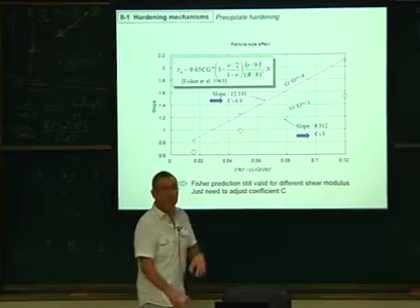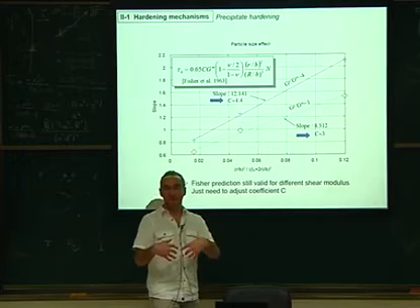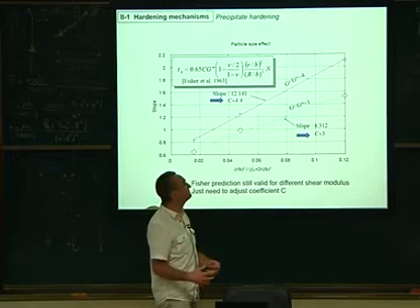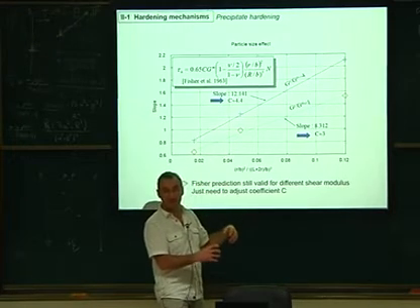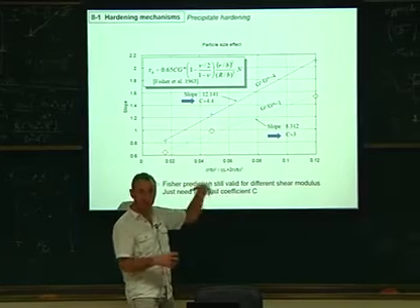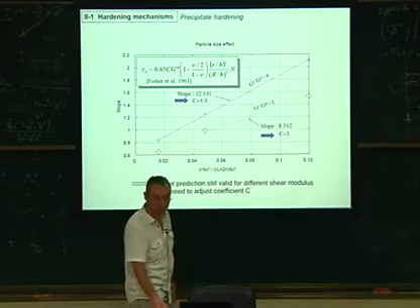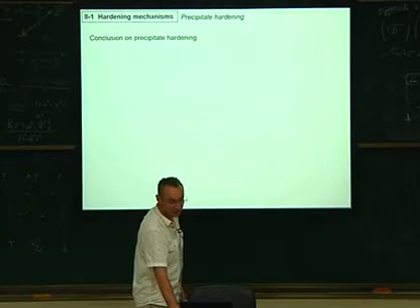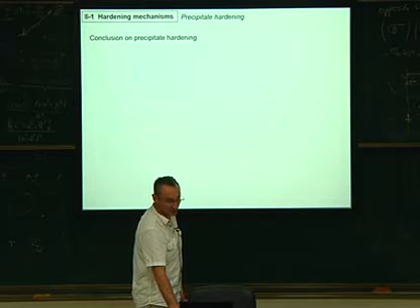Okay, so not only do we have some mechanical physical details with DD, we also have the quantitative data. We have the prefactor, so we are able to compute those data. The C factor is computed out of the DD. So this is the conclusion on precipitate hardening, and I will stop here. I think my first lecture.